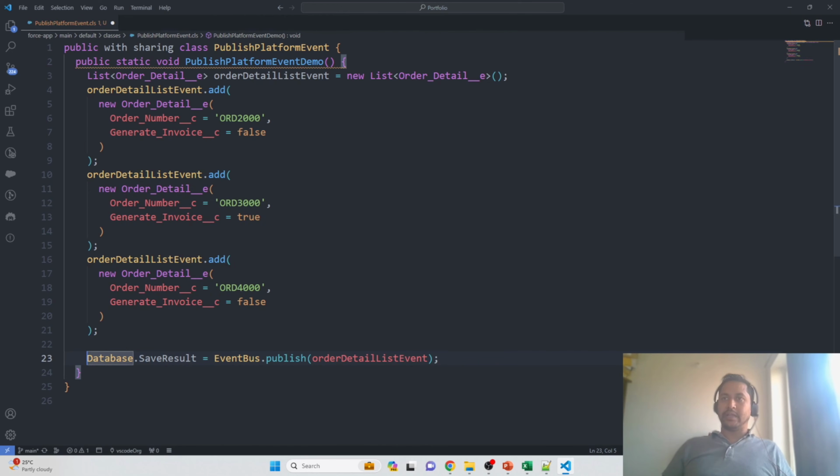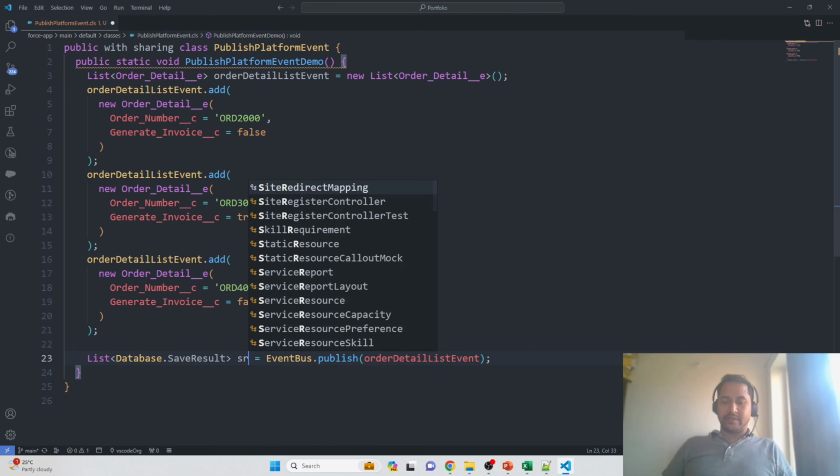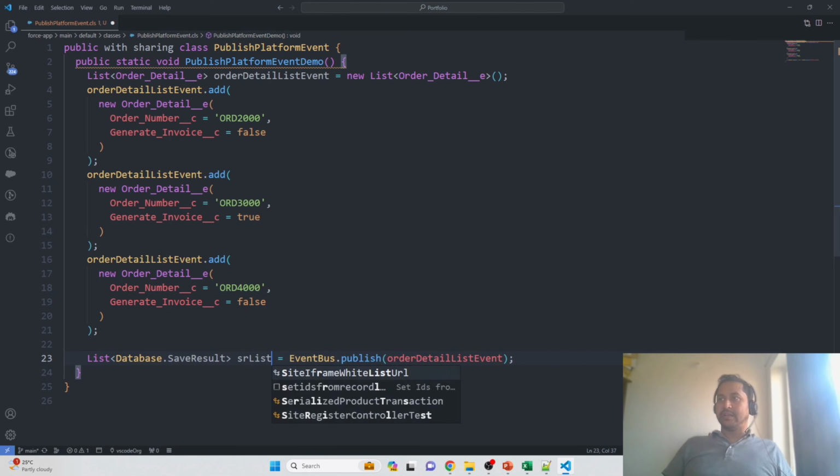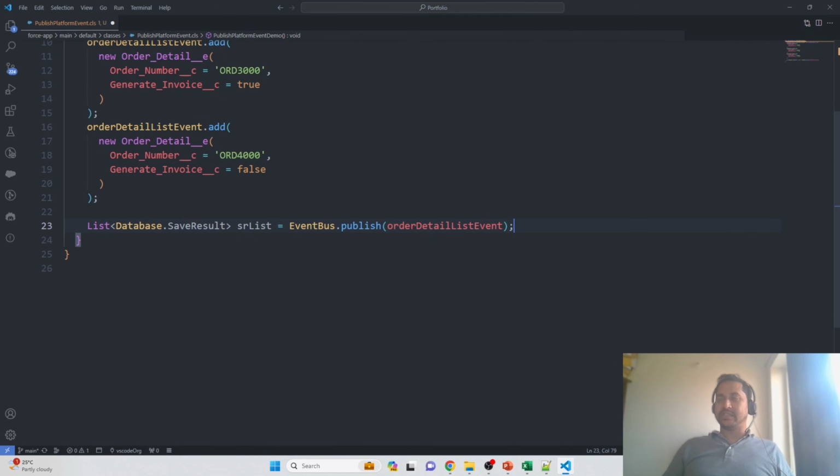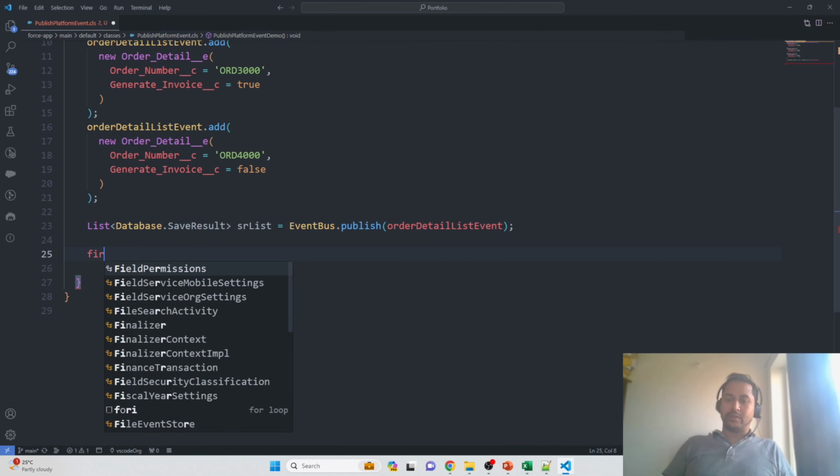And I'm storing that result into the list collection because there is more than one platform event record that I am sending. So that's why I'm putting it under this collection, and I'm giving the collection name here as the SR list. Now what I will do is iterate over this SR list and validate whether the events are published successfully or not. So to do that, I am using the for